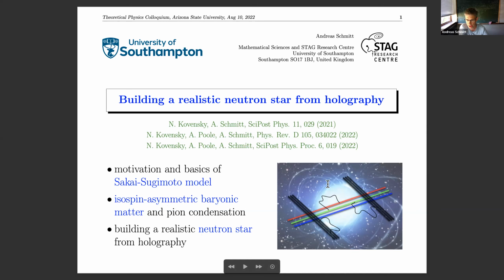By the way, this figure here is a little piece of art we made for an internal news release. So that's supposed to represent, on the one hand, the string theory side. You see the branes and the strings here just superimposed with the neutron star. So that's not a calculation. That's just a little image.